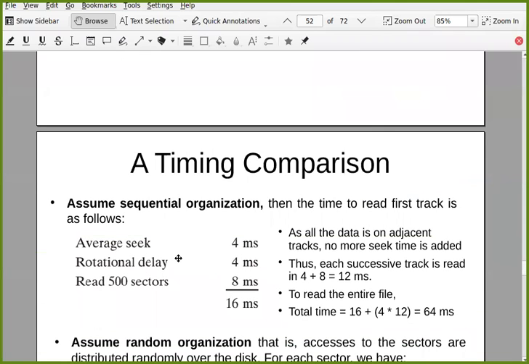So R is 125 revolutions per second. And 1 upon 2R, if you calculate, that is 1 upon 2 into 125. That is 1 upon 250, but that is in seconds. So you just need to convert it into milliseconds.